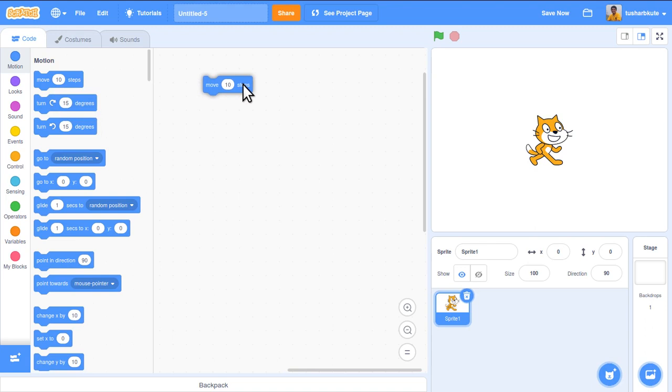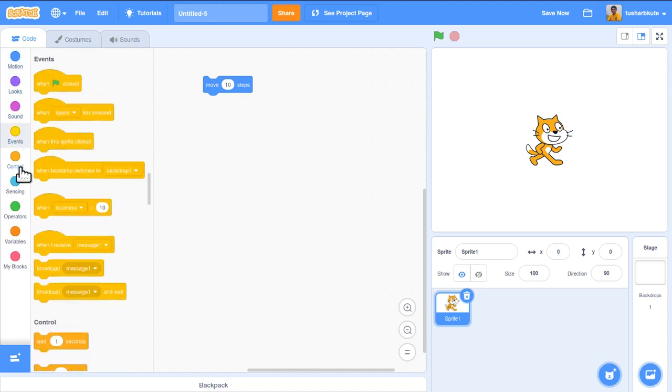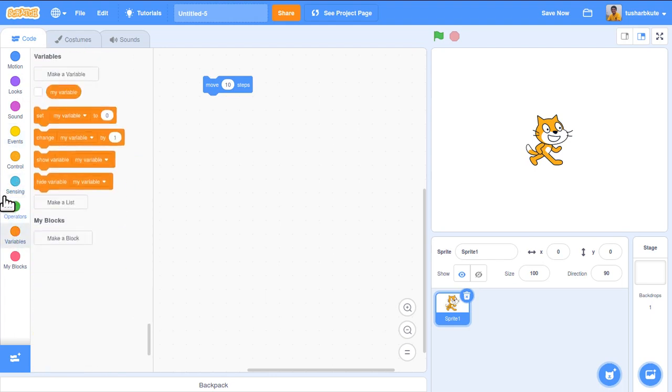So I just dragged and dropped. Now this is my first statement created. Not only in motion, but if you go to looks, events, sensing, variables, multiple such statements are present. We can just drag from here and drop in this particular part of the window, that is what we call the program window.